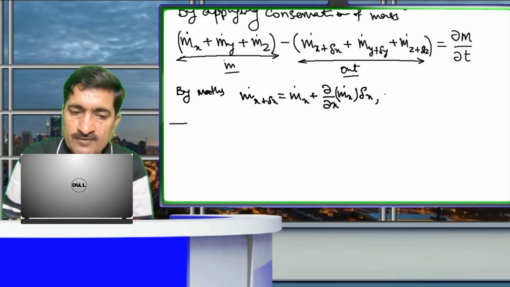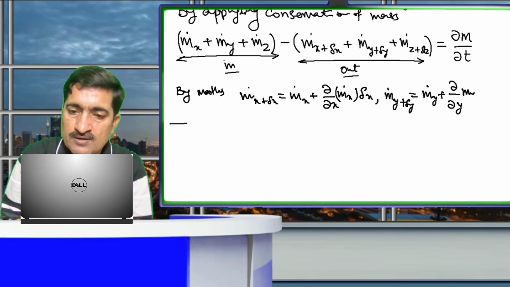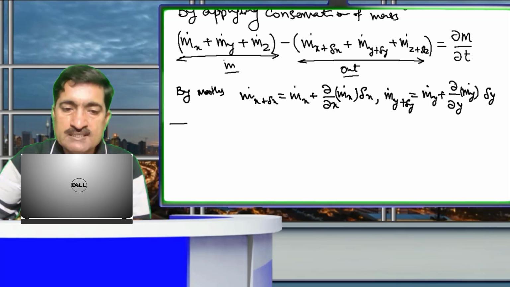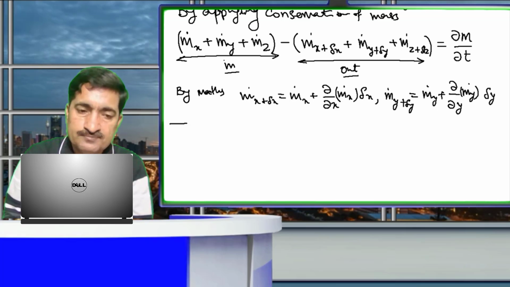Similarly, my plus delta y is equal to my plus del by del y of my into delta y. Similarly for delta z, substituting these values in the above equation,